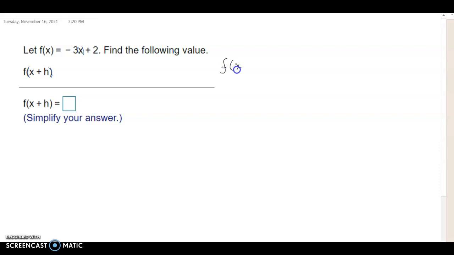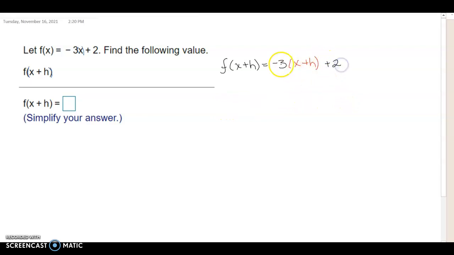F of x plus h starts with a -3. We're going to replace x with x plus h, and then we're going to write the rest of the problem. So then